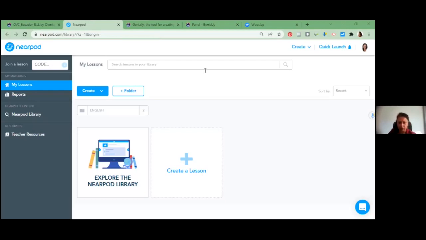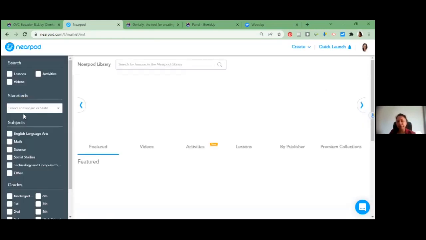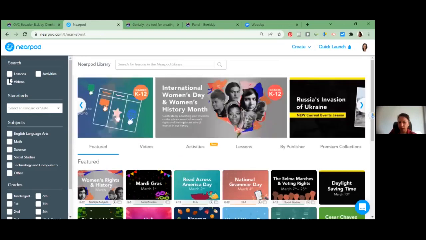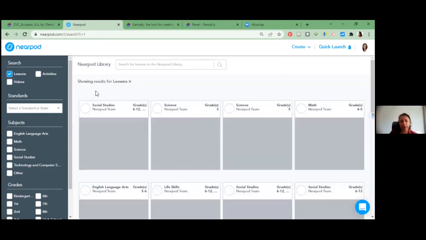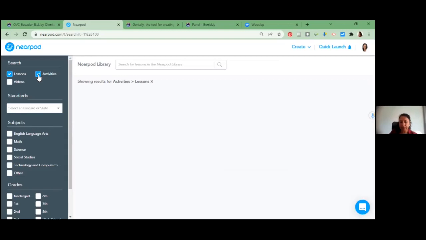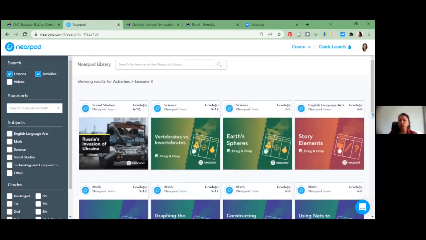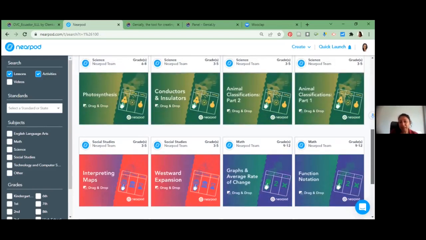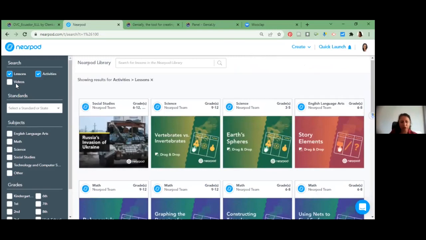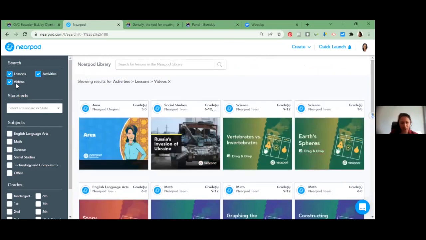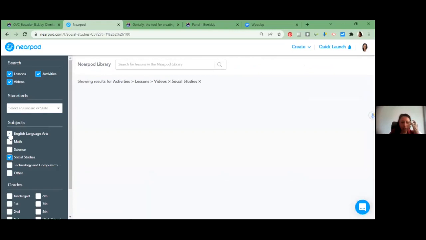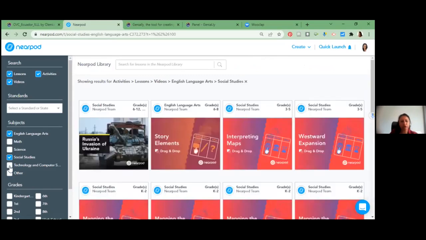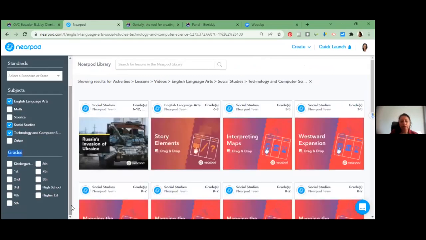to create different things. Nearpod gives you a huge number of topics in different areas according to what you need. For example, lessons, okay, let's divide it in lessons. Maybe some activities that you can use in your classes, all right? You don't need to start from scratch, okay? You have plenty of different lessons that you can do according to your interests and your students' interests, okay? Also, you can use different subjects like social studies, or maybe English language arts, or maybe technology that is here, okay? And the grades.